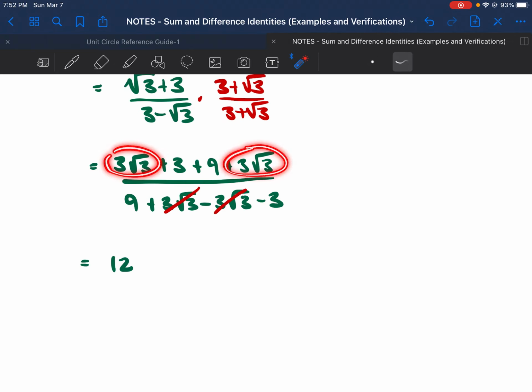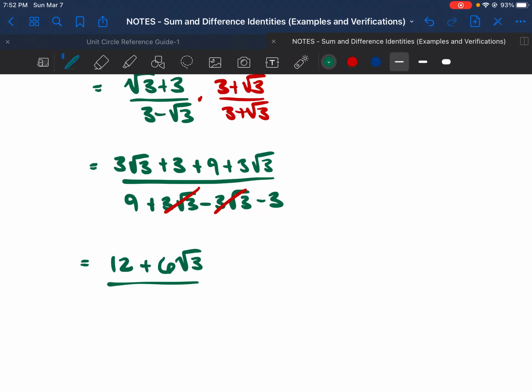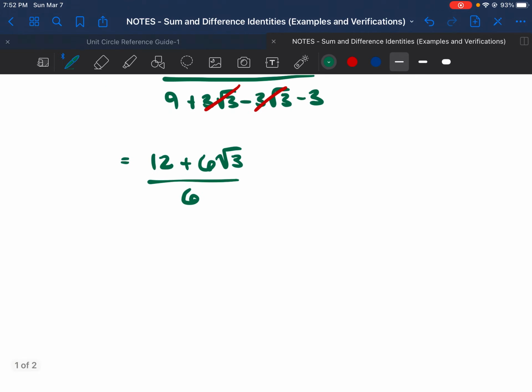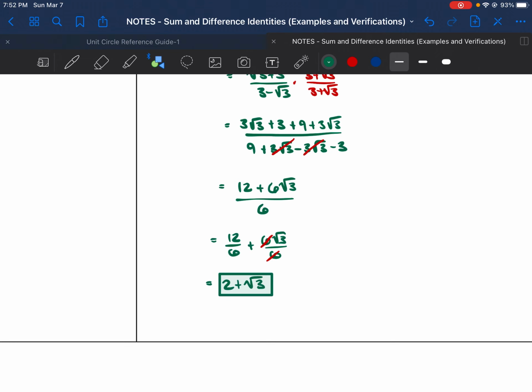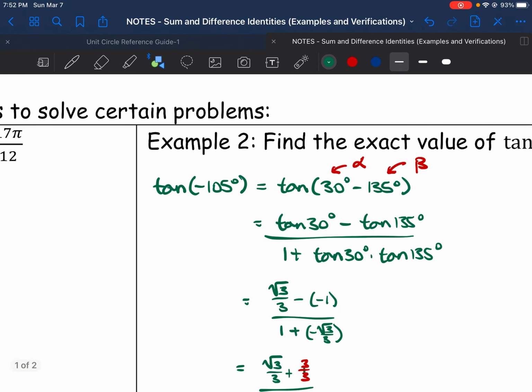3 root 3 and 3 root 3, that's 6 root 3. In the denominator, 9 minus 3, that's 6. And we are almost done. I'm going to separate the fraction, 12 over 6 plus 6 root 3 over 6. Notice that those 6's cancel, 12 over 6 is 2, so we get 2 plus the square root of 3 as our final answer. Okay, so 2 plus the square root of 3 is the exact value of the tangent of negative